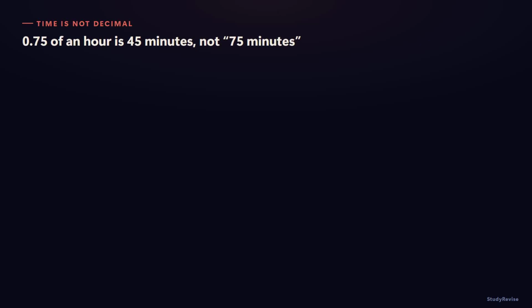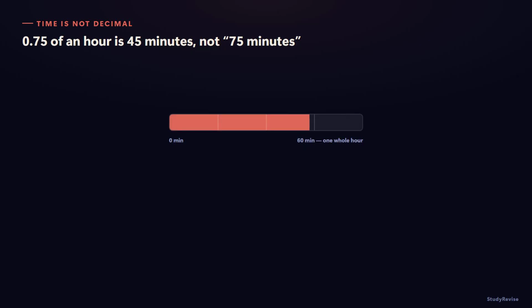One last trap, and it catches people even when every earlier step in a calculation was done correctly. Time is not decimal. A calculator will happily hand back an answer like 2.75 hours. 2.75 hours is not 2 hours and 75 minutes. There's no such thing as 75 minutes on a clock. It's 2 hours plus 0.75 of an hour, and 0.75 of 60 minutes is 45 minutes. 2 hours,